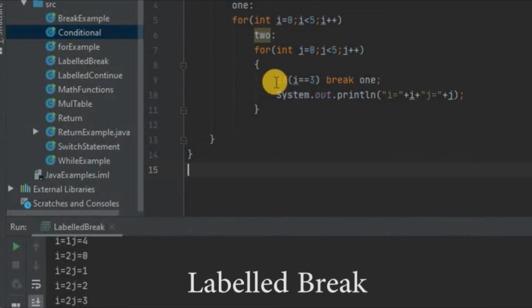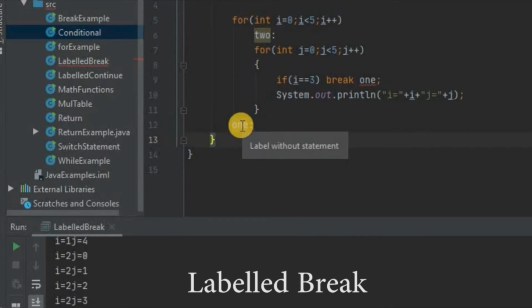In C or C++, we can take goto in this way, and goto has one advantage: we can take that goto maybe in the backward direction or in the forward direction. But here, taking it in the forward direction is not possible. Just you can see, if I paste 1 here, it will show the error, label without statement.